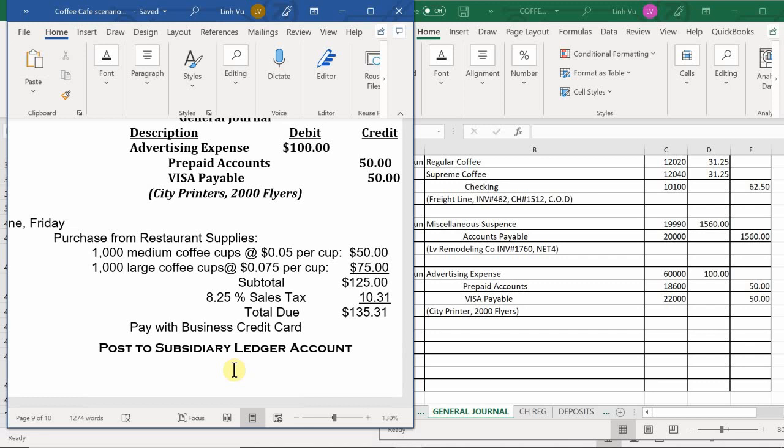I think I saw coffee cups, but I'm not sure. A coffee cup is an asset, correct? But am I going to use it for keeping track of inventory? Am I going to count every single cup I sell? No. You don't count the cup. You count the coffee. We're not counting the coffee cups that we sell. We're counting the pounds of coffee that we sell. So in that case, this is not an inventory item.